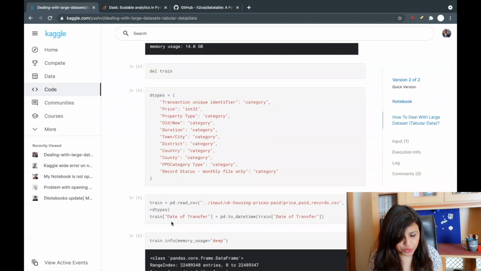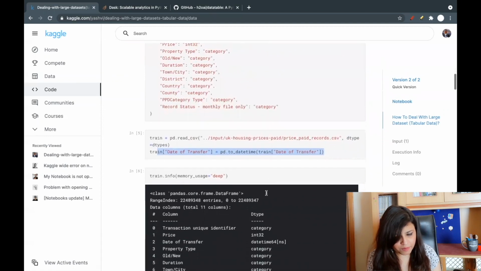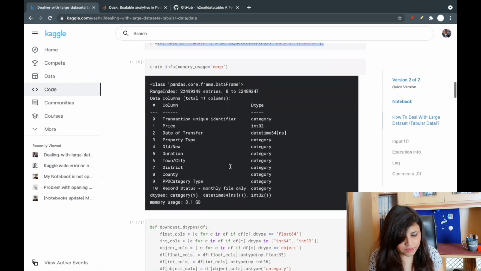Now I don't want to use the default one. I also converted this date into datetime. If you see, after degrading, my memory reduced to 3.1 GB. You can see the difference, right?